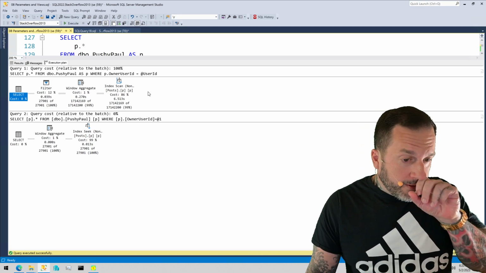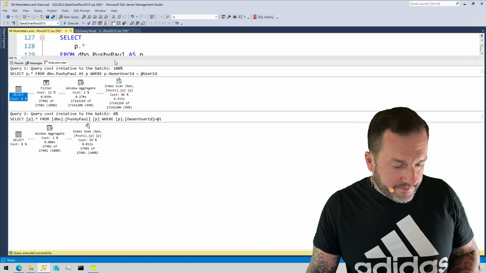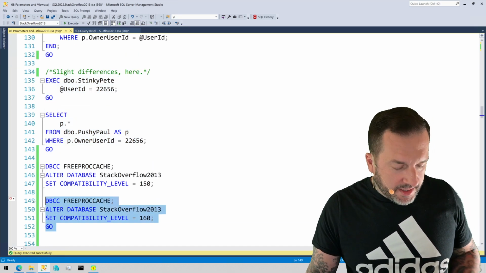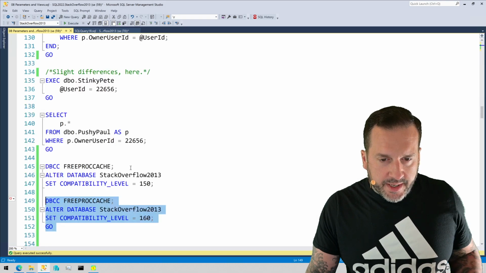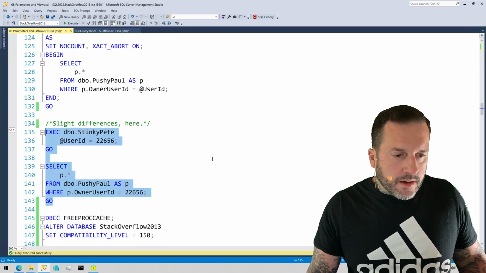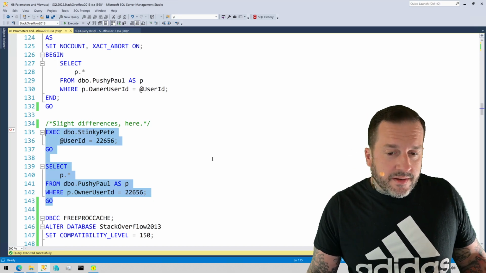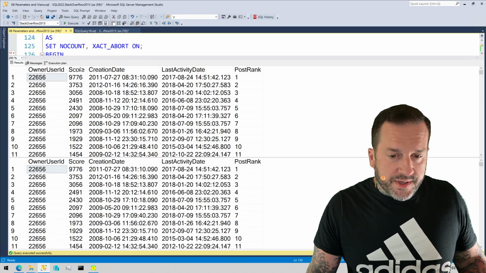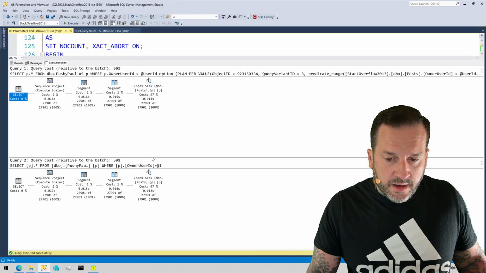Fun, right? It's exciting. It's great stuff. Under compatibility level 160, that story changes a bit because there was a more recent optimizer hotfix that allows for that to happen. So if we switch this to compat level 160, we will see both queries